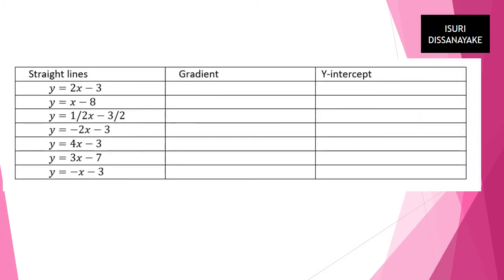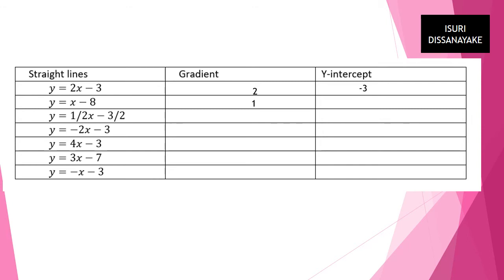Okay, so in this slide, the straight line graph is given, which is y equals mx plus c. You have to break down the gradient m and the y-intercept c and write them separately. So the first graph is y equals 2x minus 3. We know the value connected with x, that is 2, is the gradient, which is m. And the constant value, which is minus 3, is the y-intercept, because the graph is y equals mx plus